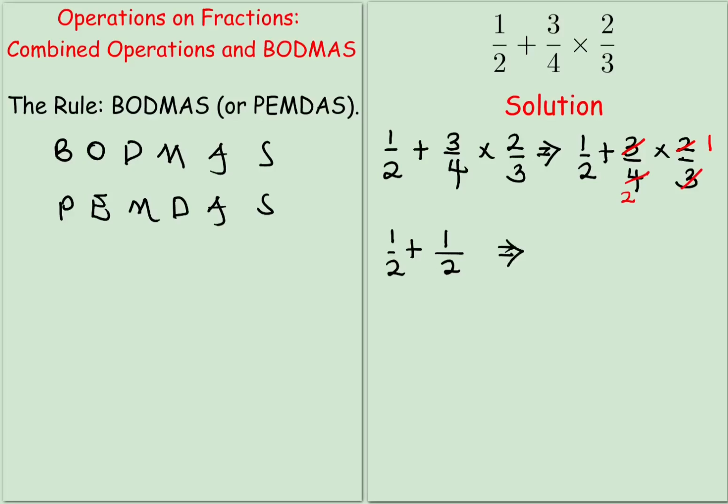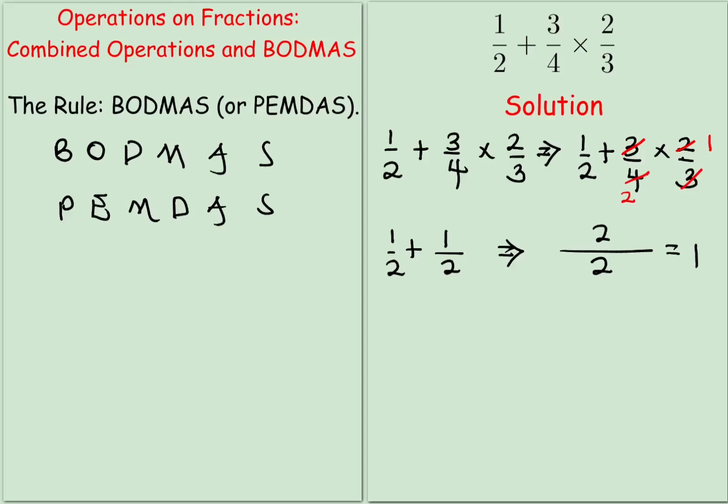We have said that if we want to add like fractions, because the denominators are the same, we just write one of them, and we have 1 plus 1, which gives us a 2. So 2 over 2 in the end gives us a 1. So our final answer is just 1, as simple as it is. The most important thing is you taking note of your